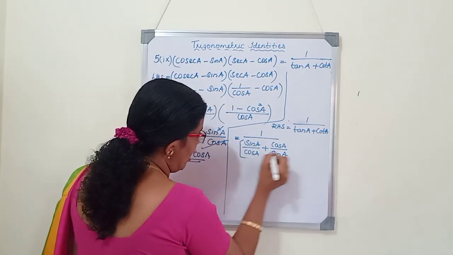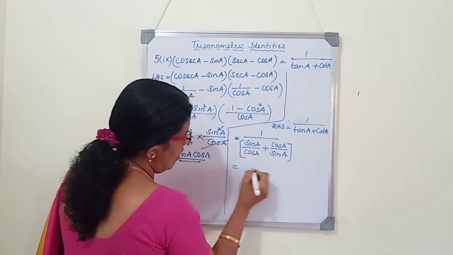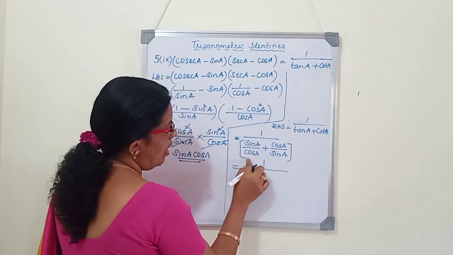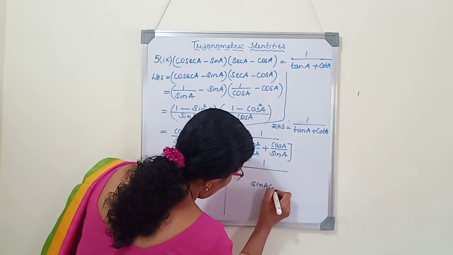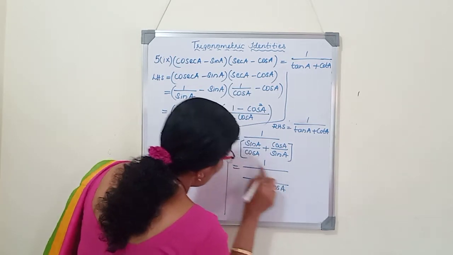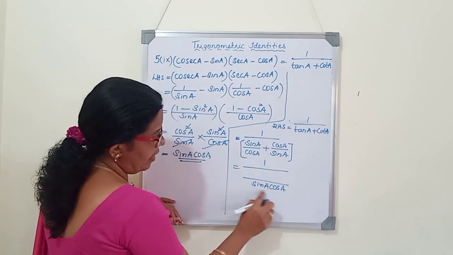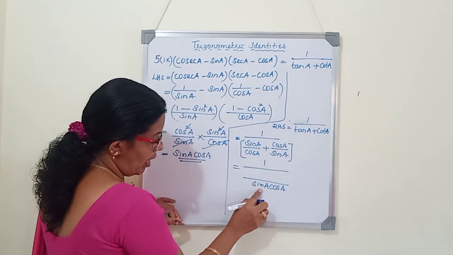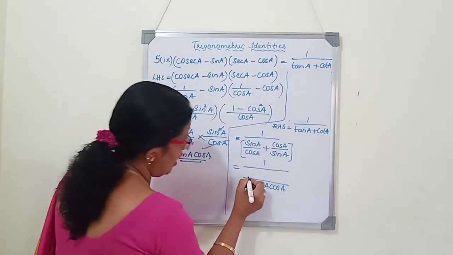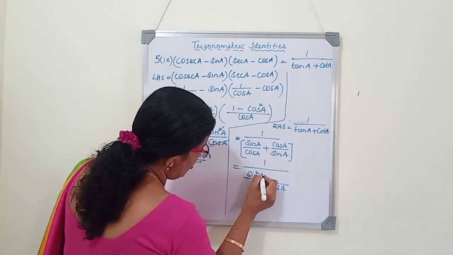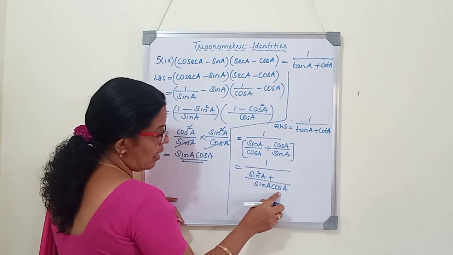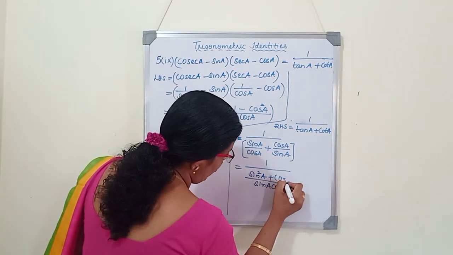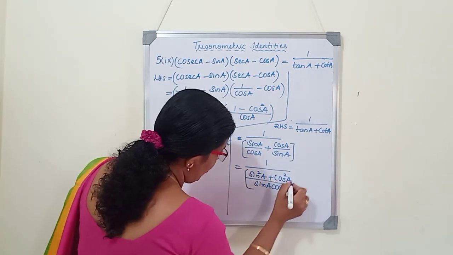Now here this is the denominator. We have to take LCM in the denominator. 1 by, LCM is sin A into cos A. So here I will write sin A cos A. So here cos A into sin A is sin A cos A. That is, the extra term in the LCM is sin A. So sin A into sin A, sin square A. Or we can do cross multiplication here. Second term, denominator is sin A. The extra term is cos A into cos A, cos square A. So this is the denominator.